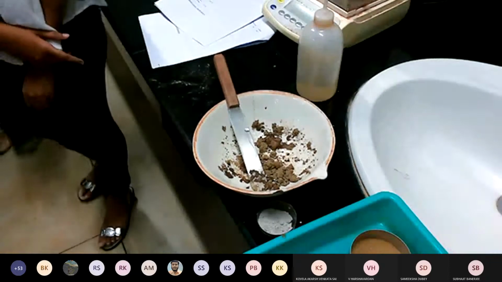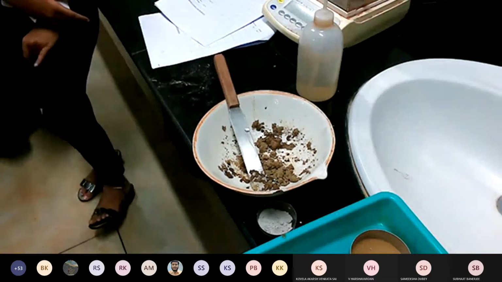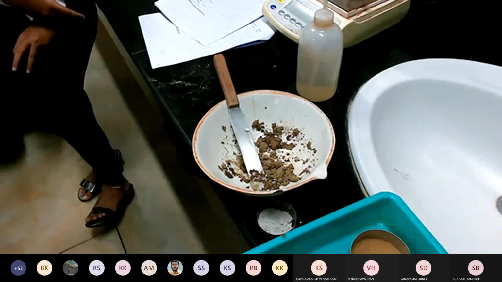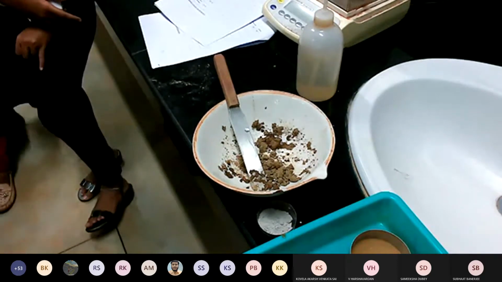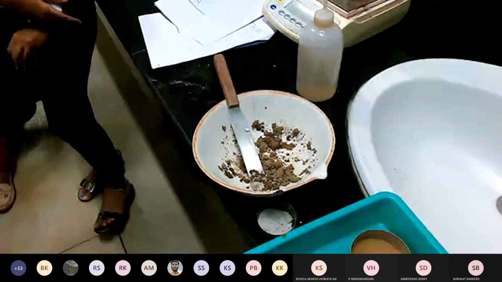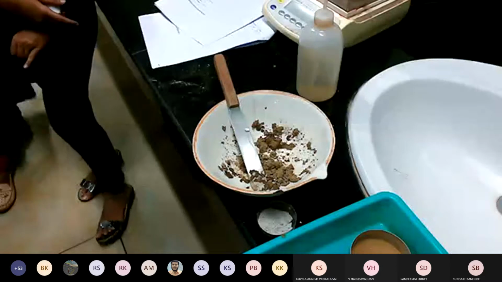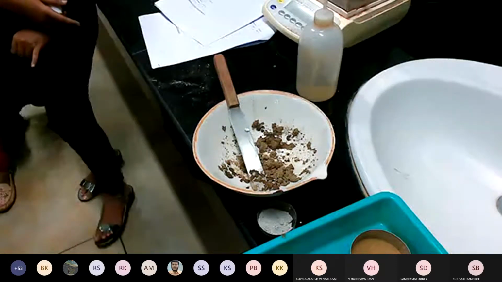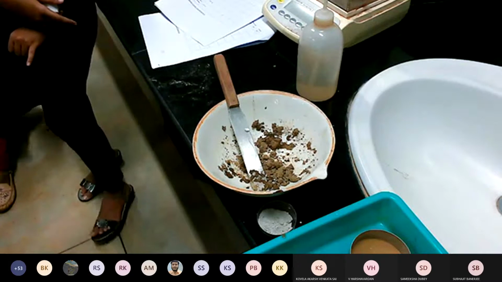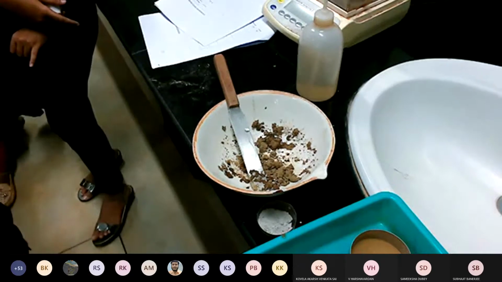Okay, so any questions? Having seen these small demonstrations, if you have any questions, you are free to ask. Any questions, please?